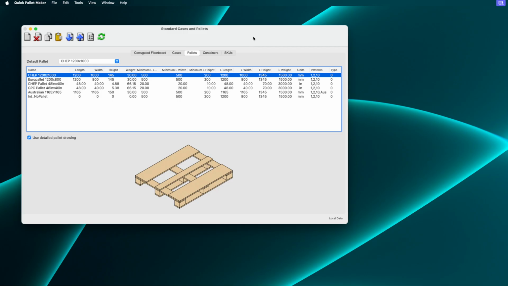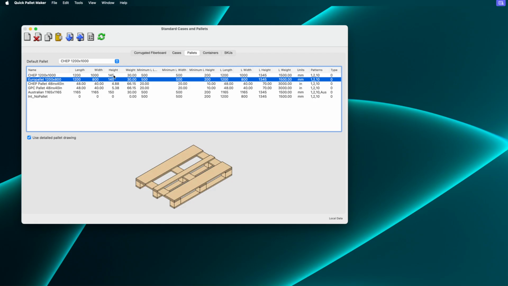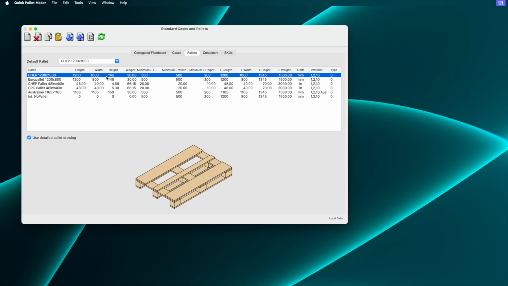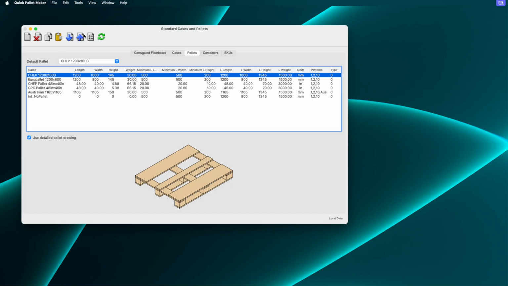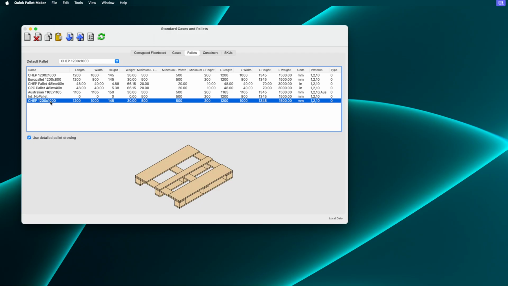It will be stored locally, and every time you run Quick Pallet Maker, the information will be available. So for example, we have here the standard pallets. We have the ones that arrive by default, and we can add a new one. Edit, duplicate, and this is the pallet that we want to add. It's called TEP